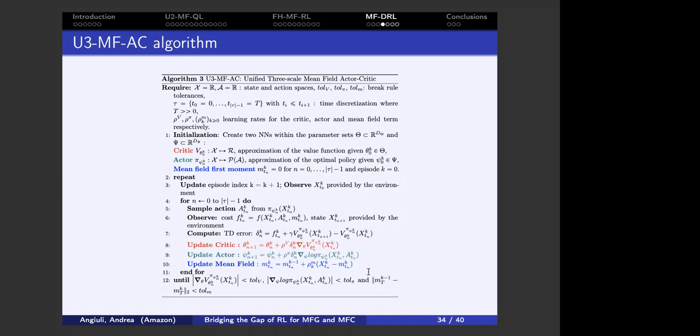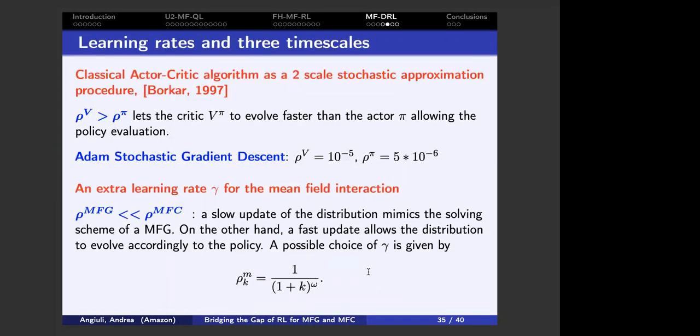So we have some results for applying this to the linear quadratic problem and the mean field capital accumulation problem. And in particular, what is important is always to choose the schedule of the learning rates. Already Borkar in 1997 discussed the actor-critic algorithm as a 2-scale stochastic approximation procedure. In particular, the learning rate for the policy pi should be lower than the learning rate for the critic. And this is because